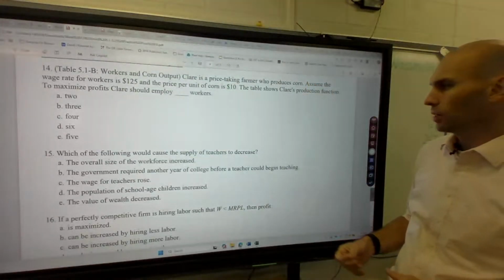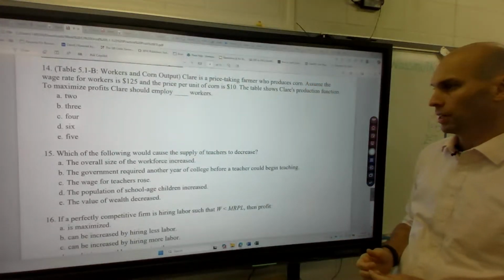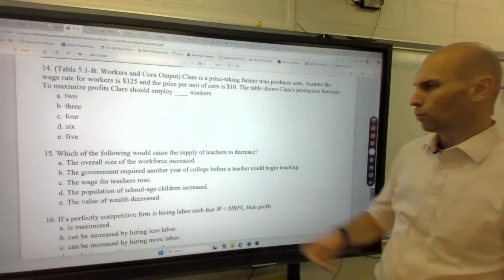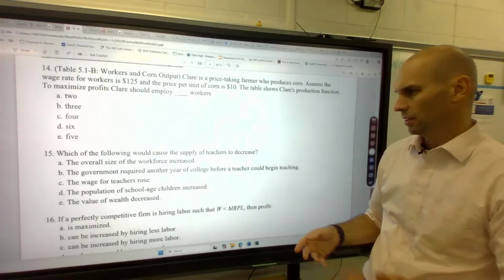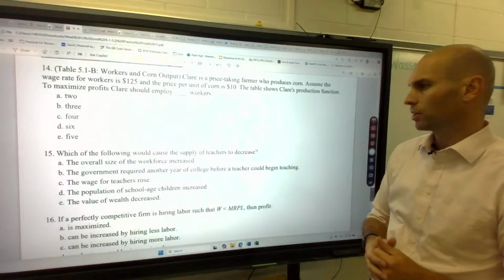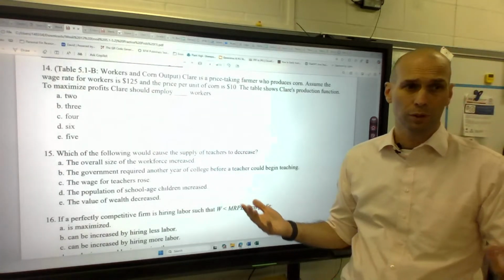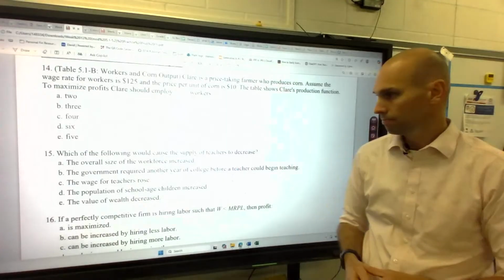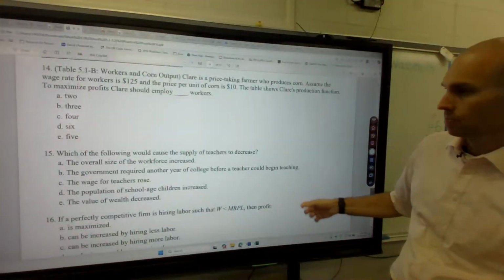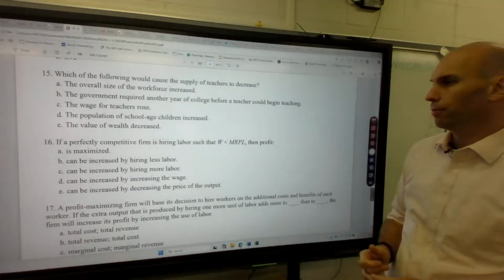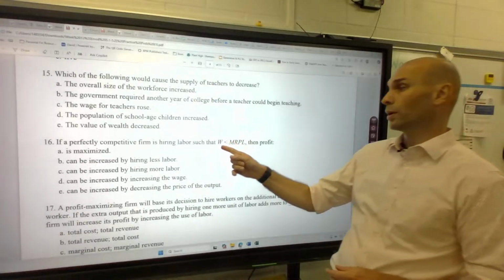All right. Which of the following would cause the supply of teachers to decrease? Oh, we covered a lot of those. Overall size of the workforce? No, that would increase it. That's number of population. Government required another year of college for a teacher to begin teaching. Yeah, that would make it harder. Less people would do it. Cost. Okay. 16. In a perfectly competitive